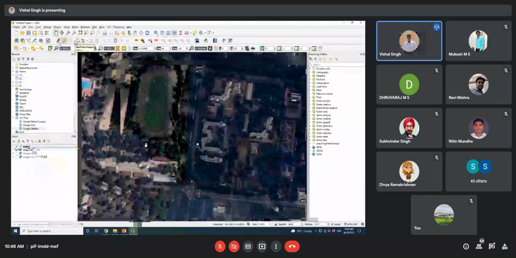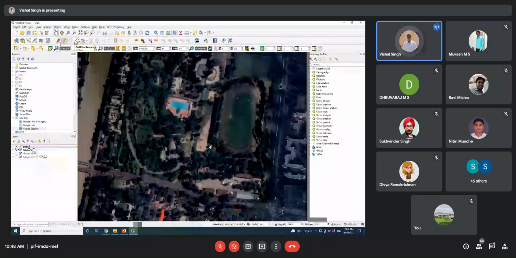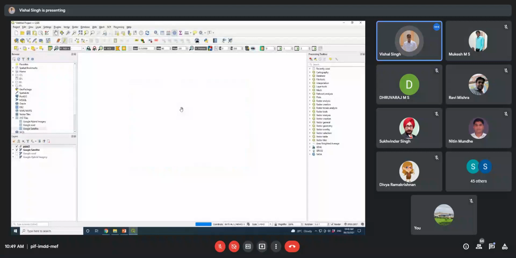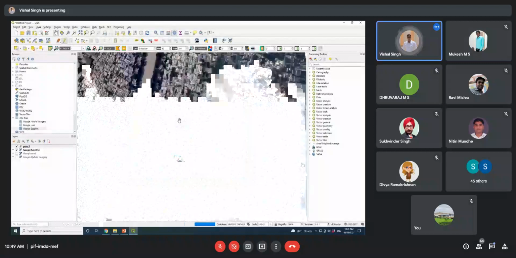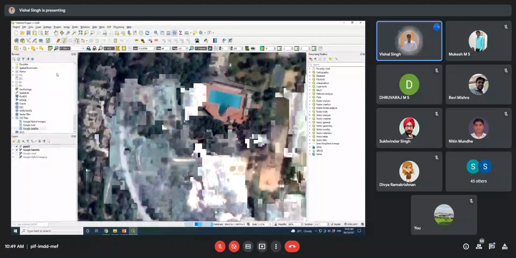I think this is a swimming pool. You can locate this information, and how will you generate it? You need to click here. This tool has been selected, and I will put my point here in the center of this particular location.